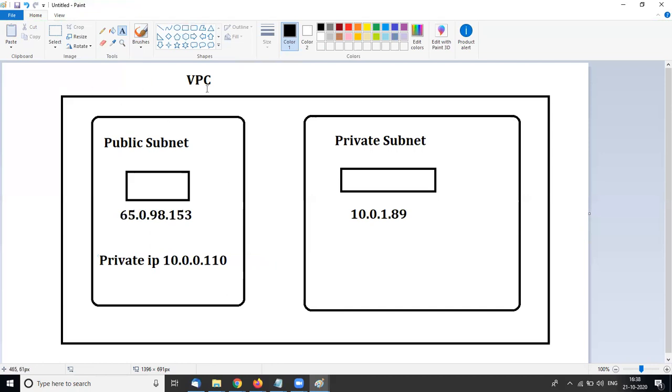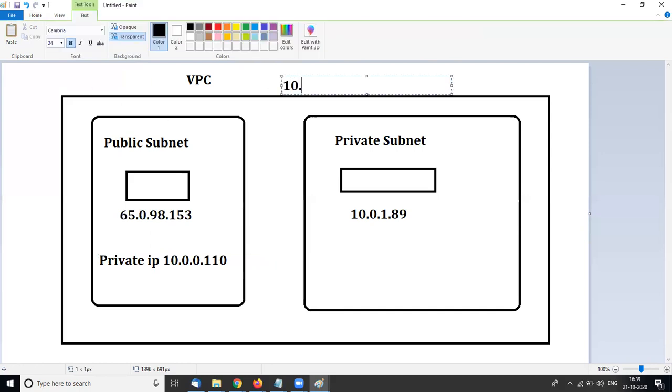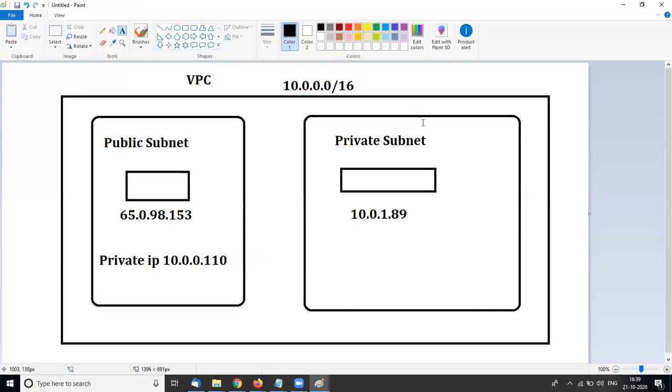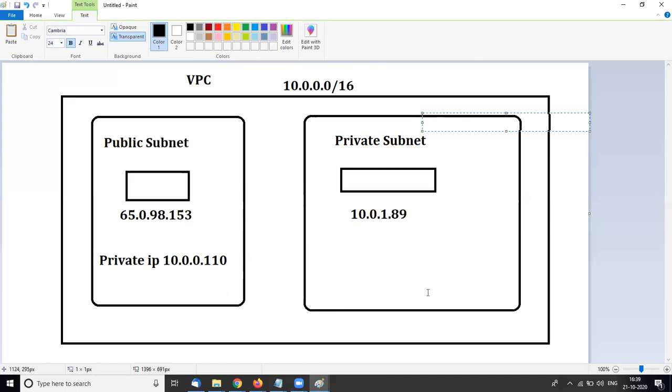Okay, so I created a VPC with this default address 10.0.0.0/16. Okay, and my private subnet has this address 10.0.1.0/24, and my public has